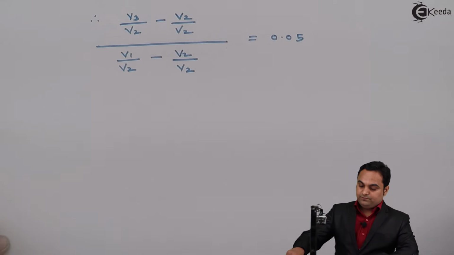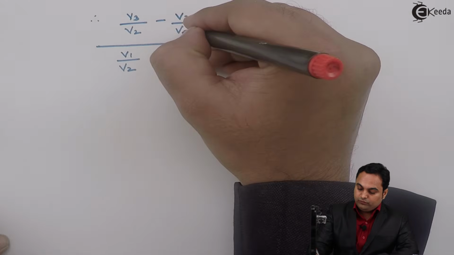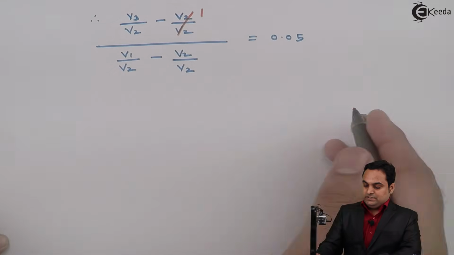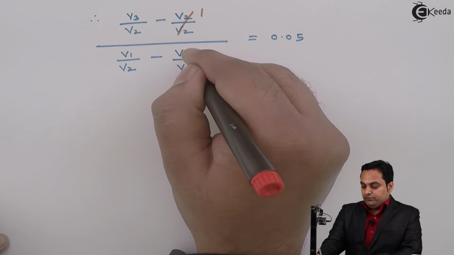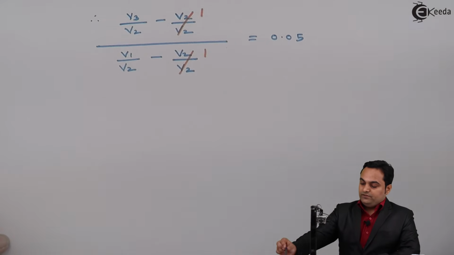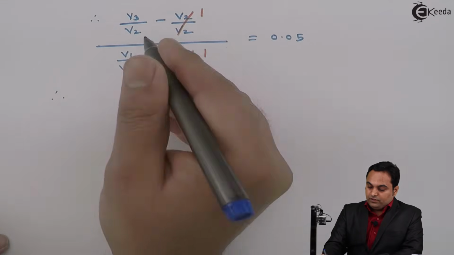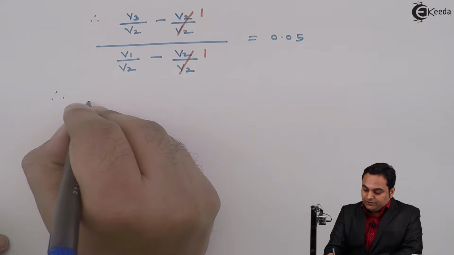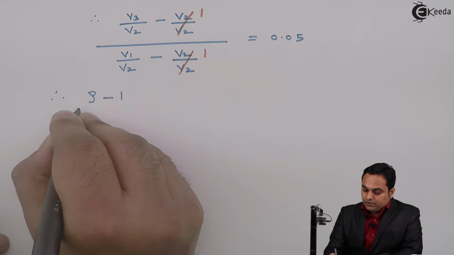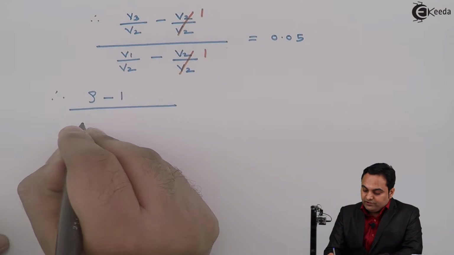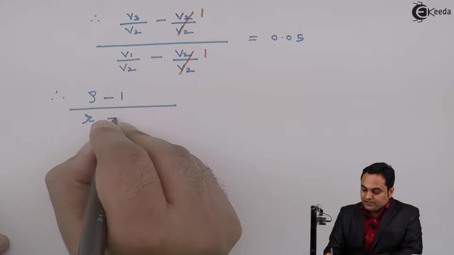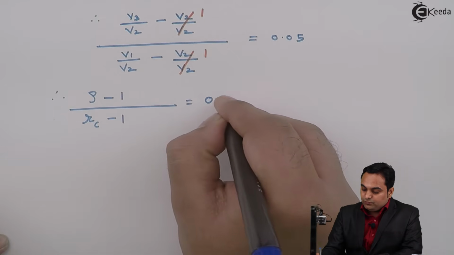Now if we see here, V2 upon V2 will get cancelled out, so here 1 remains. Similarly in the denominator, V2 gets cancelled and 1 remains. Therefore V3 by V2 can be denoted as rho, minus 1, upon V1 by V2 can be denoted as RC, compression ratio, minus 1,